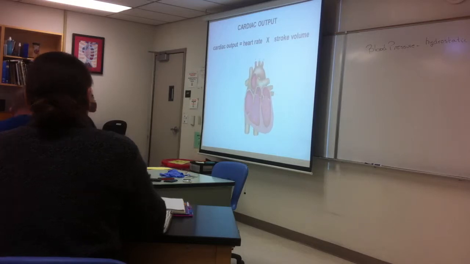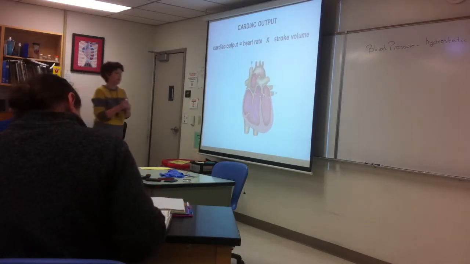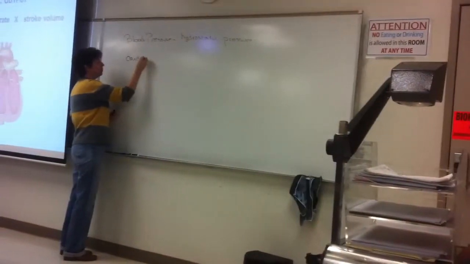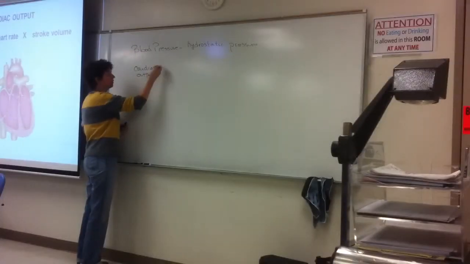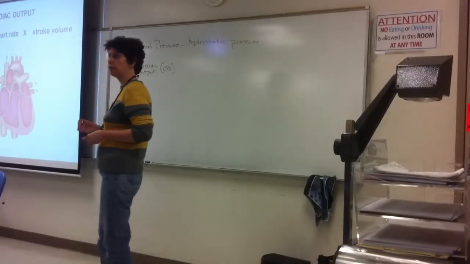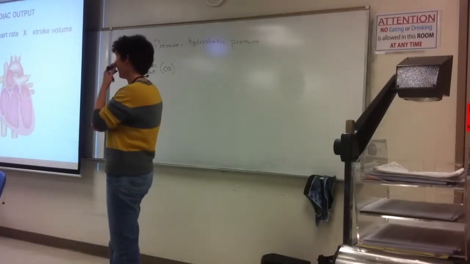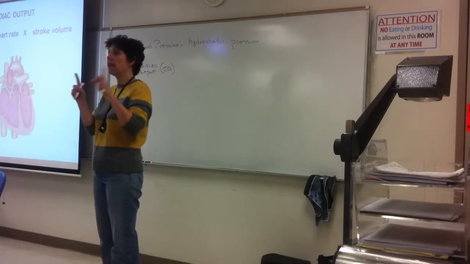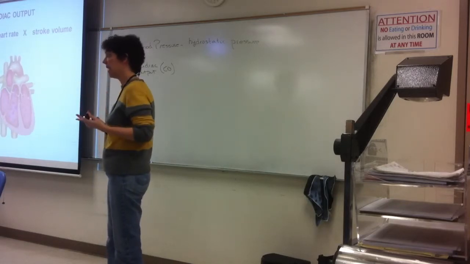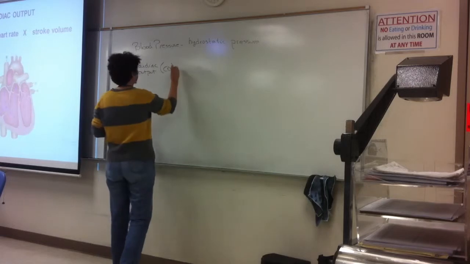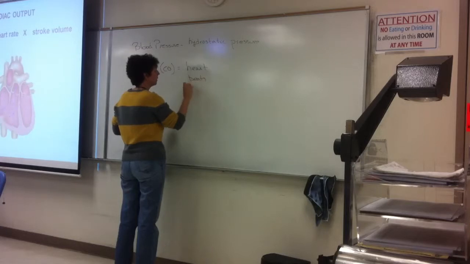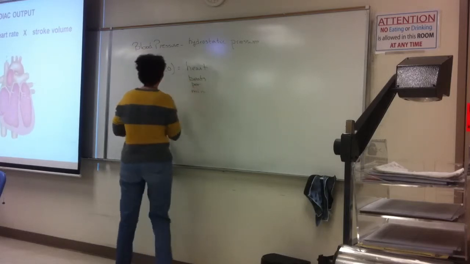We've been referring to this in terms, but let's actually define it. Cardiac output, or CO, is a minute flow volume measurement. So when we talk about cardiac output, we're talking about the volume of blood that one ventricle, not both of them combined, that one ventricle pumps out in 1 minute. So that's why we have heart rate, because the heart rate is measured in beats per minute